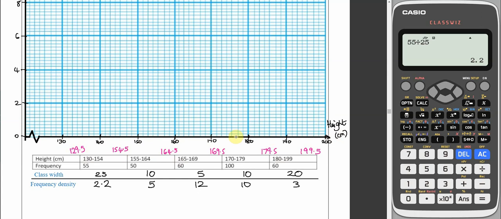Something I don't recommend is putting decimal numbers on the thick lines, these vertical and horizontal thick lines. So don't put 129.5 there and 139.5 there. Don't do that. It makes it much harder to read the graph. So the way I've done it, multiples of 10 on the thick lines, and then every small line